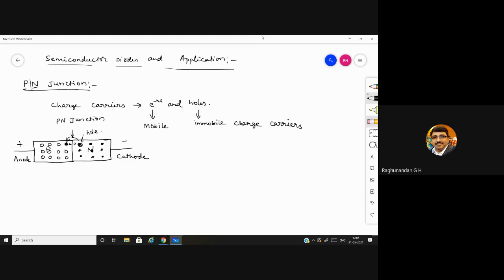Okay. See, now from this, can anyone tell me whether in this case the hole has moved or the electron has moved? Whether the hole which was present here has shifted here, or the electron has shifted here? Electron. Right? Electron has moved. That's why I was telling electron is mobile. But the hole has not moved, it is just the exchange of place. When you look at it, it looks like the hole is moving, but actually the hole has not moved. It is just changing its position because of the movement of electrons.